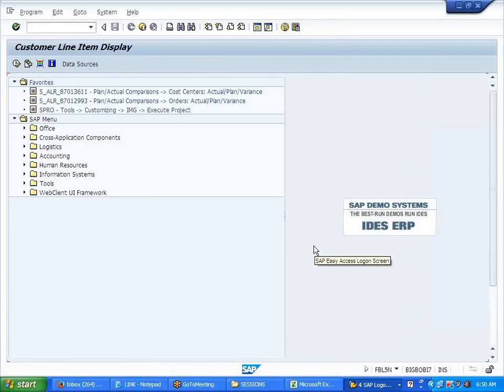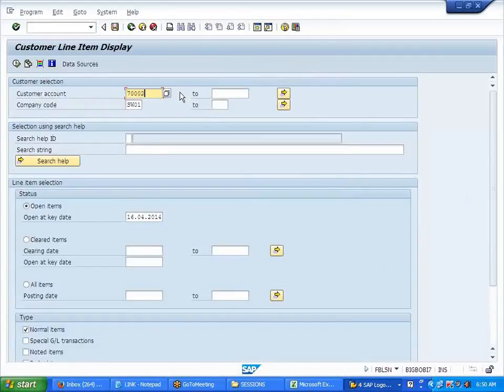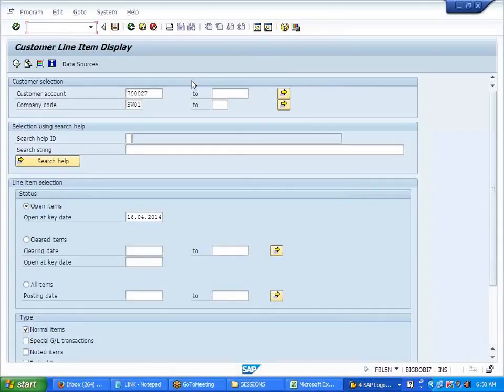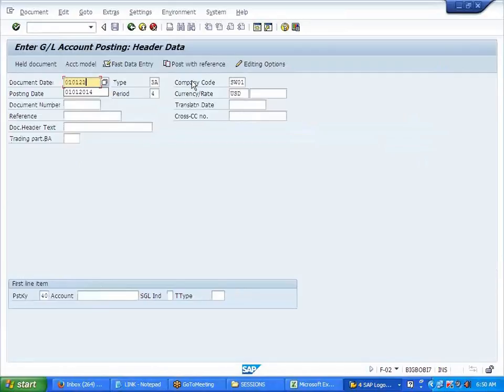FBL5N, 27, 01. It is not there over here. So let us post one entry. 02/01/2014, 27.